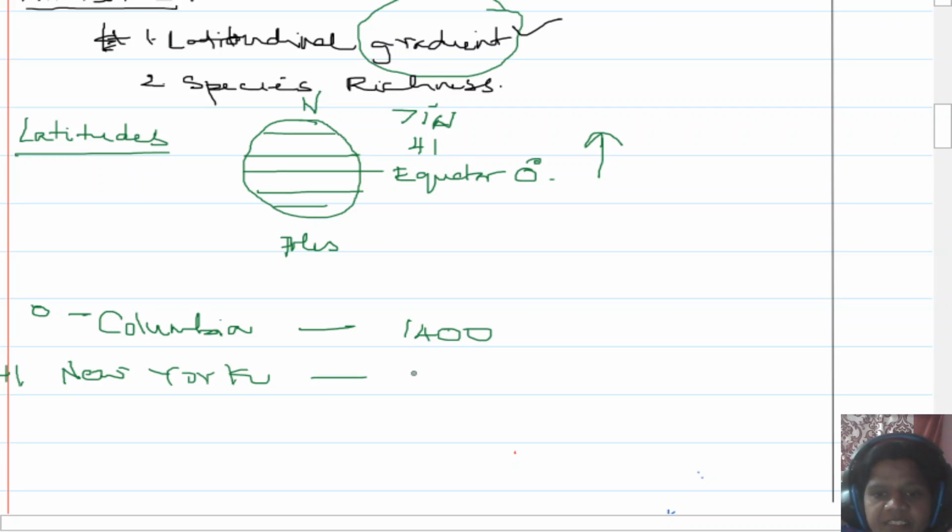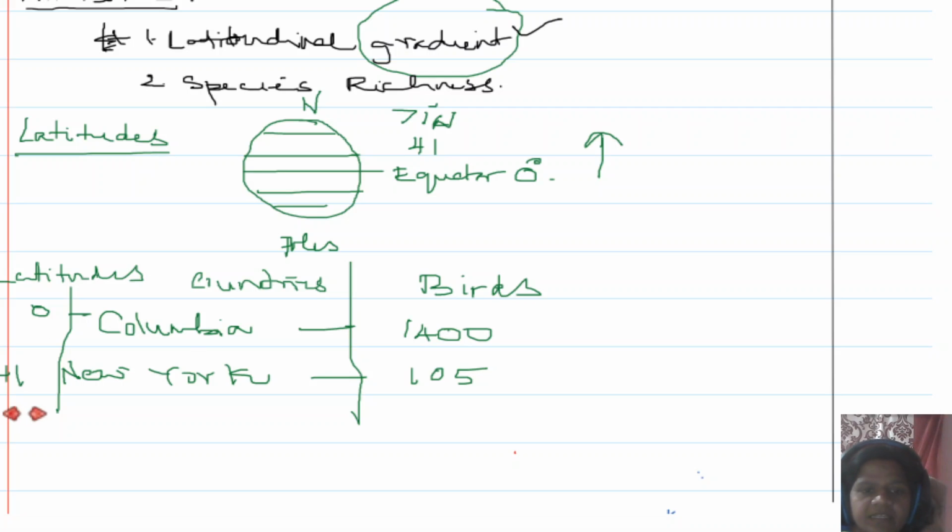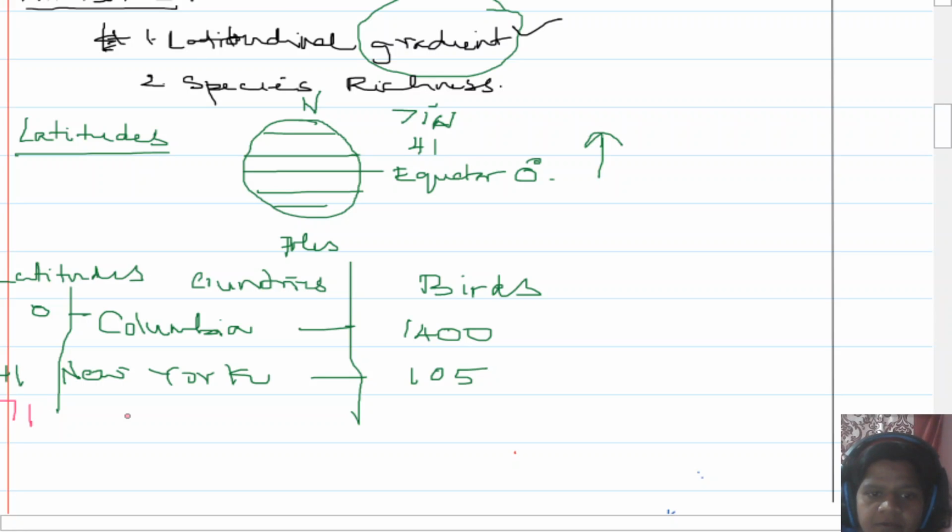And how many species did he find? He found 105 species of birds, people. These are latitudes. The research tells us that at 71, which comes around Greenland, he found only